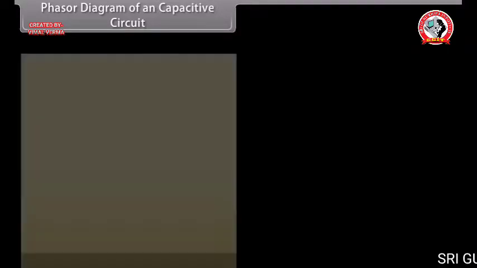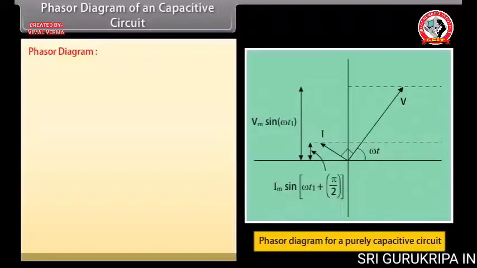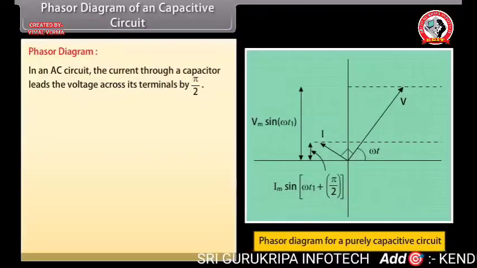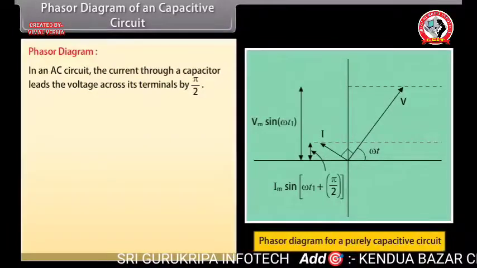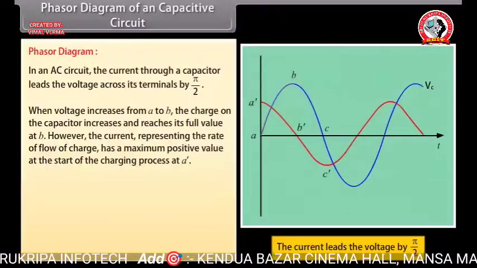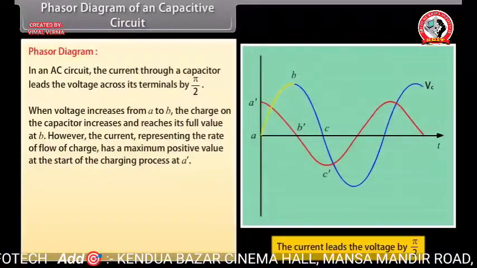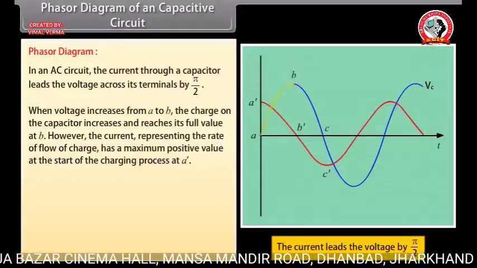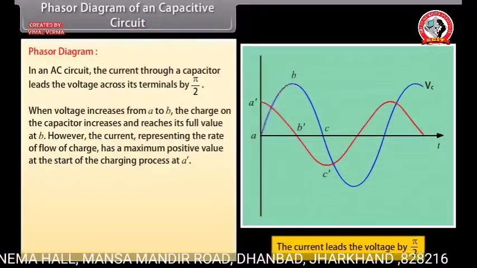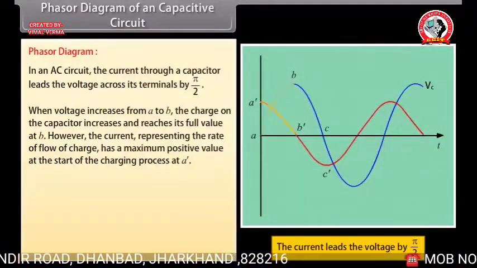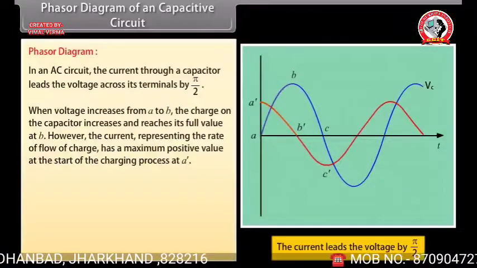Phasor diagram of a capacitive circuit. In an AC circuit, the current through a capacitor leads the voltage across its terminals by pi by 2. When voltage increases from A to B, the charge on the capacitor increases and reaches its full value at B. However, the current, representing the rate of flow of charge, has a maximum positive value at the start of